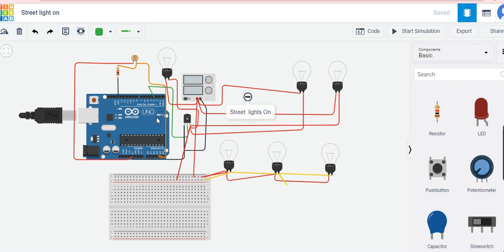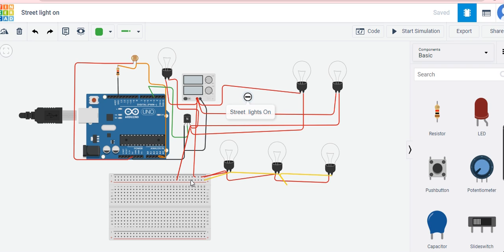That digital data we are loading, and if it exceeds some level, you will be switching on the lights. So these are our street lights. I've taken 6. How do you see the connection? One end of each is always given to supply. The other end is connected via this transistor to the ground.